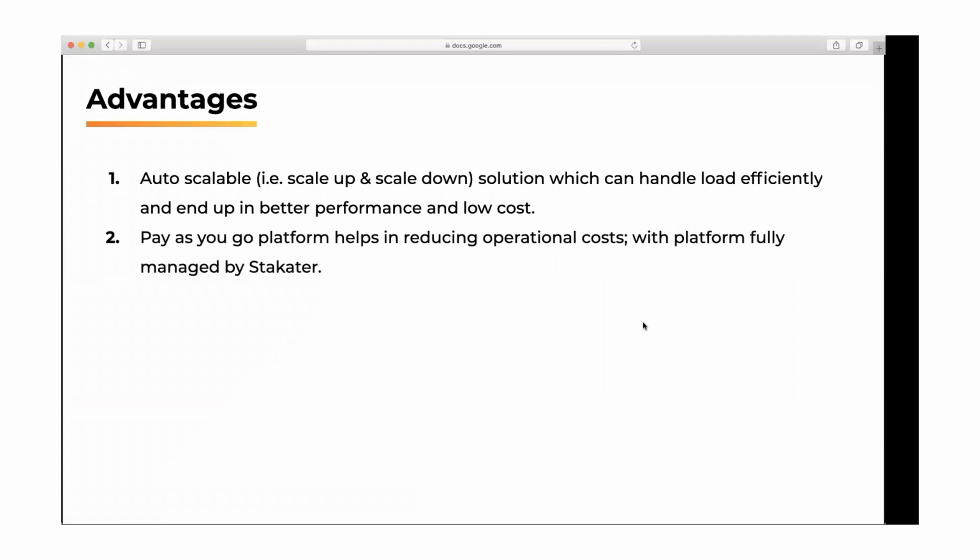And this is a very nice pay-as-you-go model. You don't have to commit for the whole year. You can pay monthly and utilize what you need. In this case, Stackator is managing their whole integration platform on a cloud, so they can just pay for what they're using, which is very different from what they had been doing, paying for the whole year.